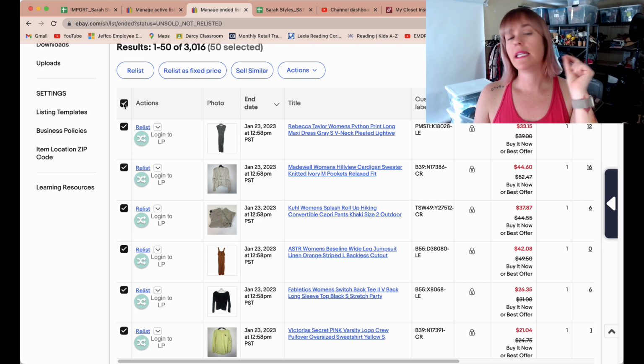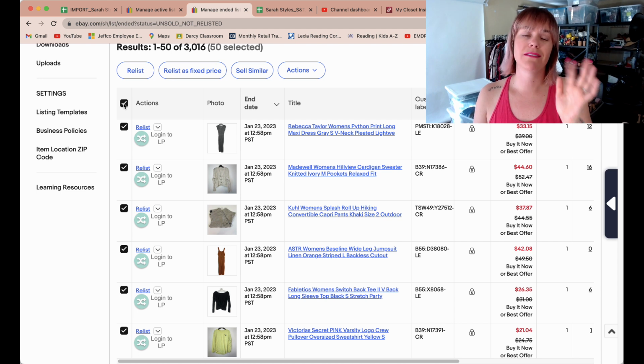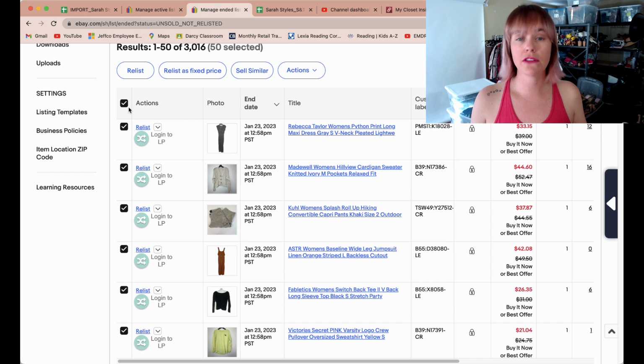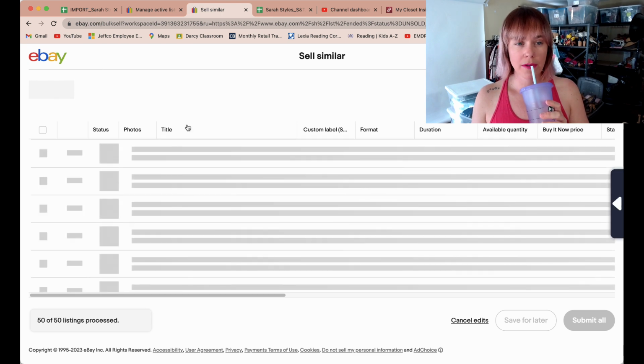Sell similar is making it a completely new item. It's different than relisting. eBay automatically is going to relist for you. You don't have to do this process. You can if you want for other reasons. Like I said, I'm going to link the video up above on why this strategy is helpful. And then you click sell similar. It's going to take you to the similar to